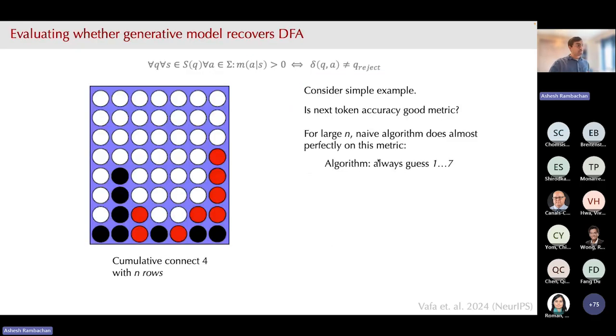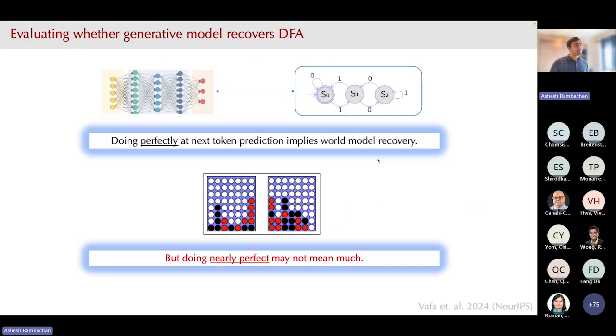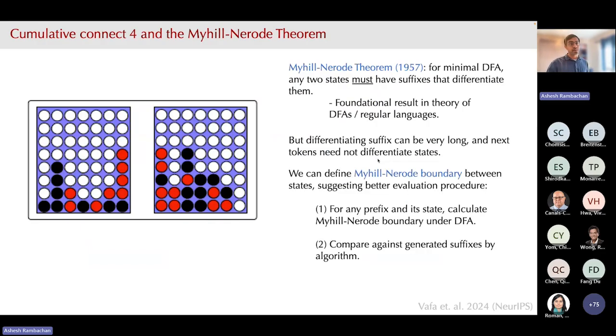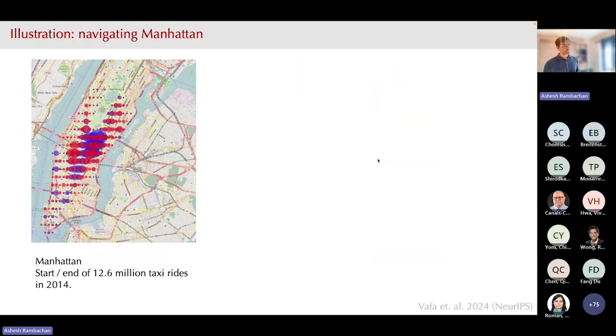But that identification result, just skipping ahead a bit more, actually implies how we should think about evaluation. Again, connecting to some old ideas in computer science. So what we then do in the paper is we propose new metrics that can be calculated, and then we take them to the data to actually see how well trained transformers perform in practice. So I'm just going to jump ahead to that particular evaluation.